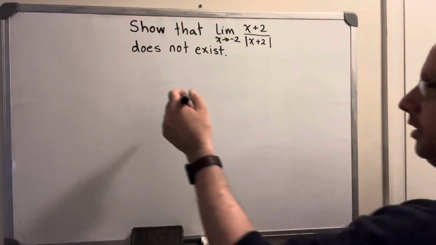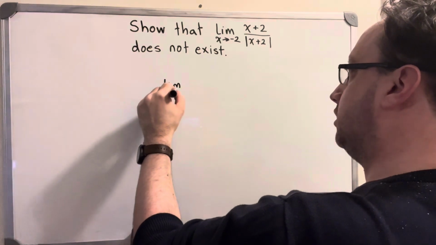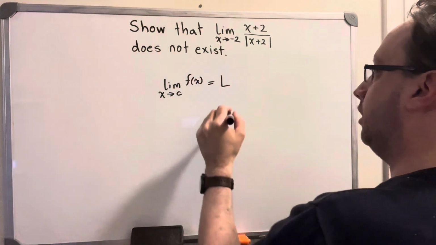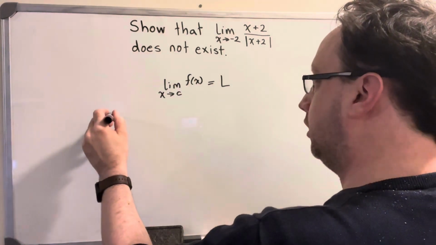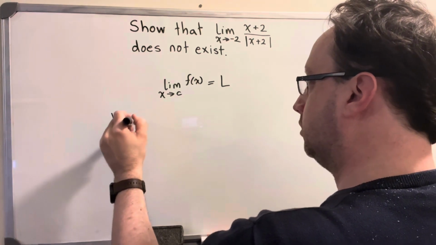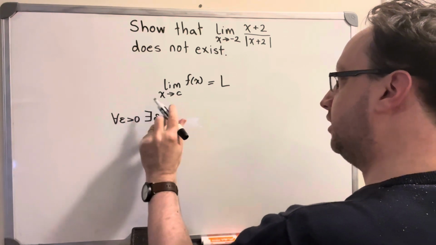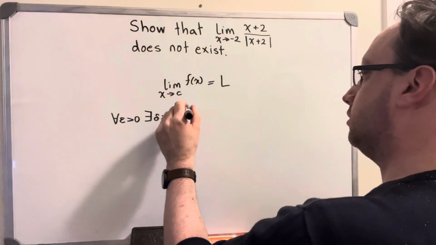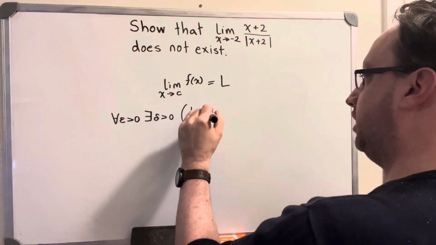Well, if a function does have a limit, let's say the limit as x approaches c of f of x being equal to L means, this is a definition, we're saying this is what it means. It means that for any epsilon greater than 0, however small, there exists a delta greater than 0 such that if the absolute value of f of x minus L